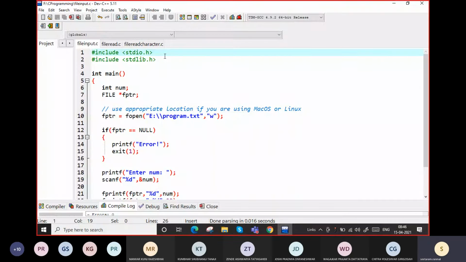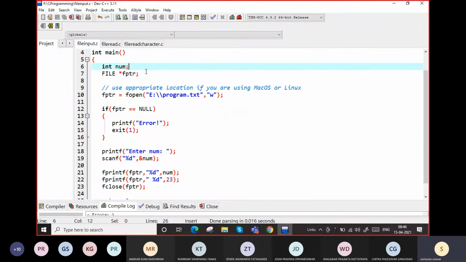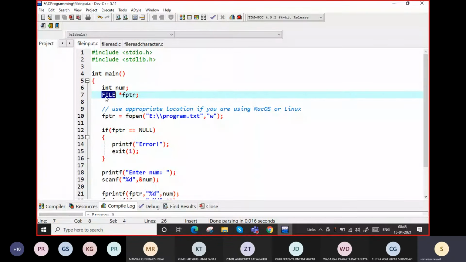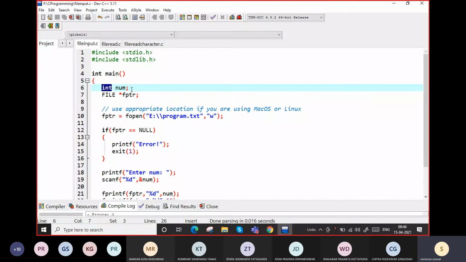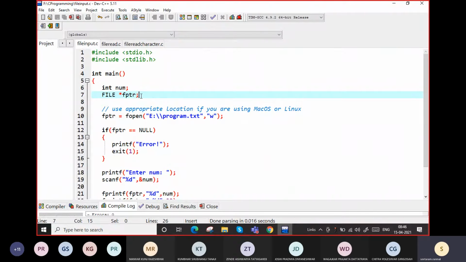I have included two header files, stdio.h and stdlib.h. For this, you should have knowledge of pointers first, because we have already seen how to take a pointer. In C programming, there is a built-in data type called FILE. Like integer, which is also a built-in data type, integer or character, likewise FILE is also a data type. It is actually a pointer. So take a file pointer. You can give any name to this, and you need to give the file path to create a file.